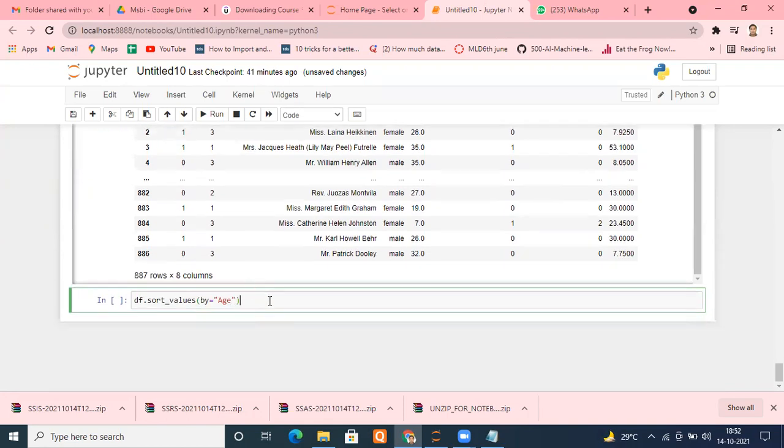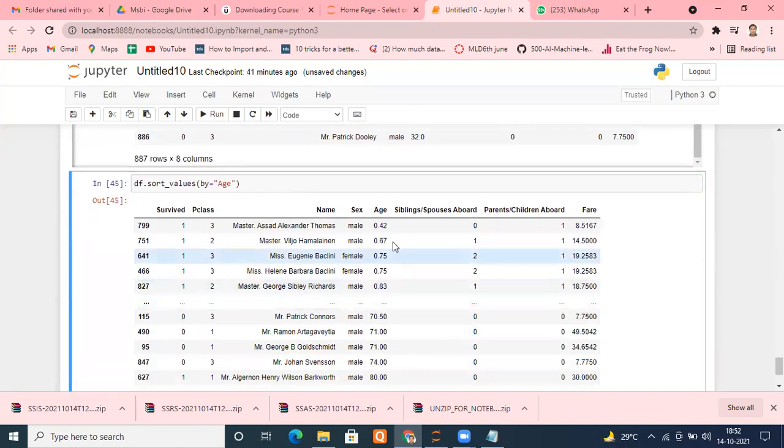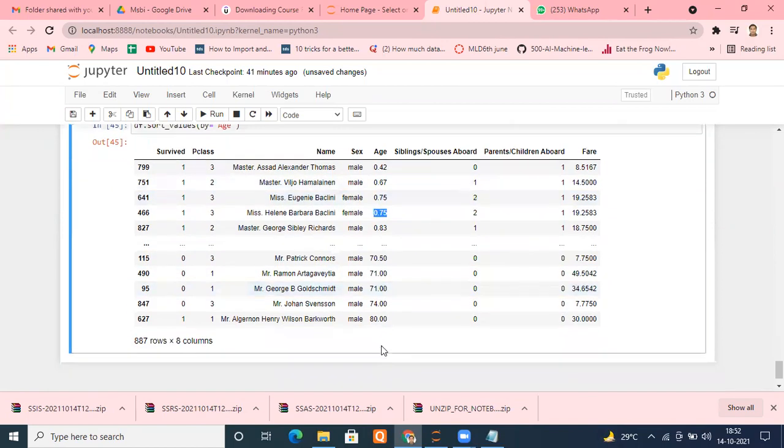That's it. You can see at the top, we are getting the least age, then increasing, then increasing. At the last, we are seeing 80. So I sorted my data. See the rows, you can see the data has been sorted. My row numbers have been shuffled all together.